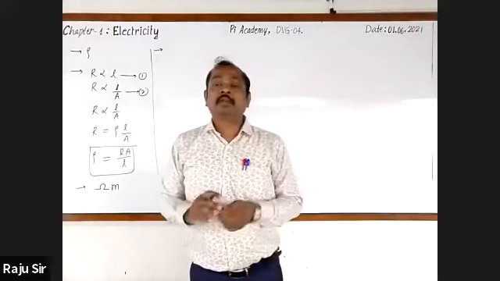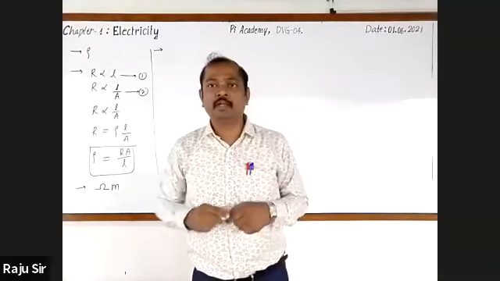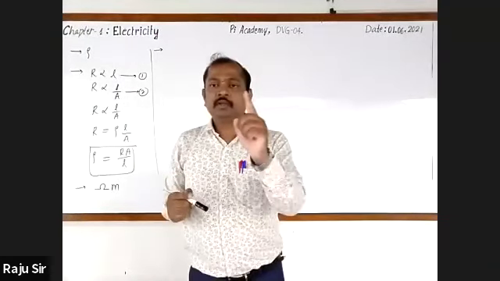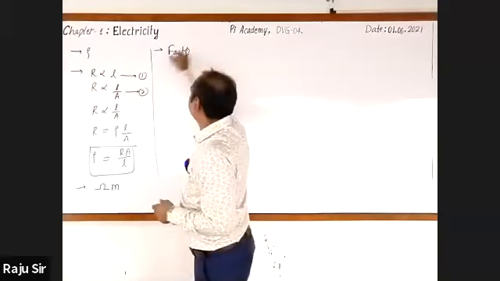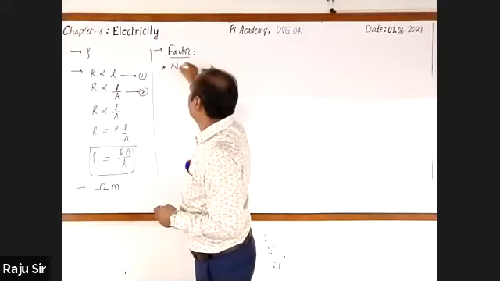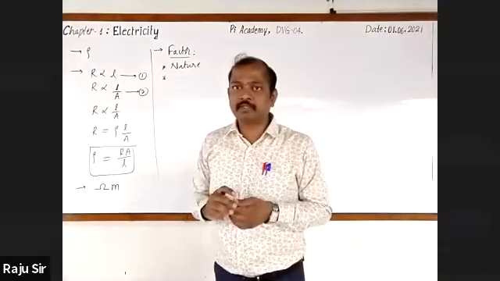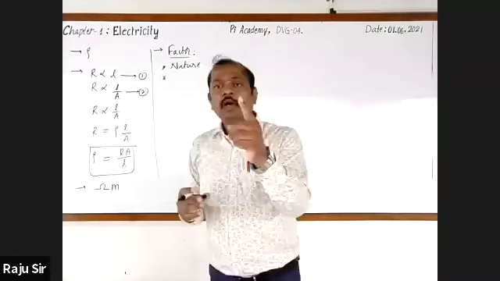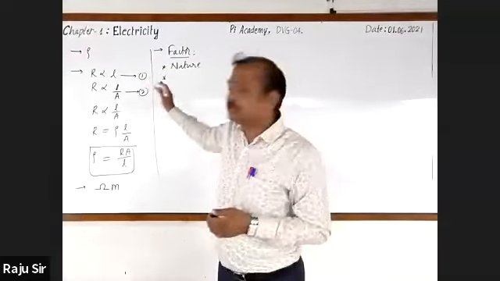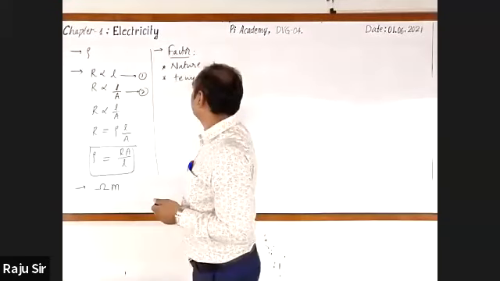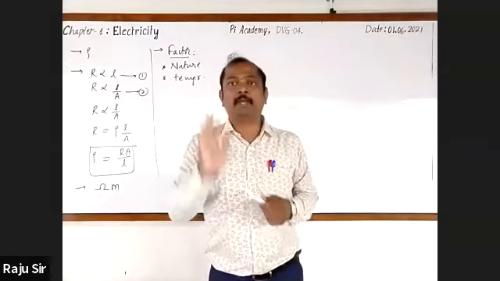It is because the arrangement of atoms is different from one to another, which indicates the nature of material of the conductor. So resistivity depends on nature of material of the conductor, and it also depends on temperature. As the temperature changes, even resistivity of that particular conductor of unit length and unit area of cross section changes. So these are the two important factors on which resistivity depends.